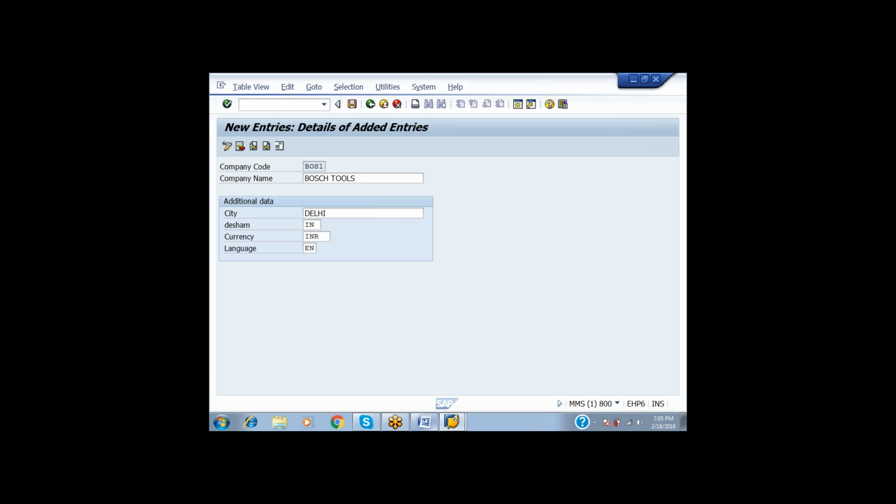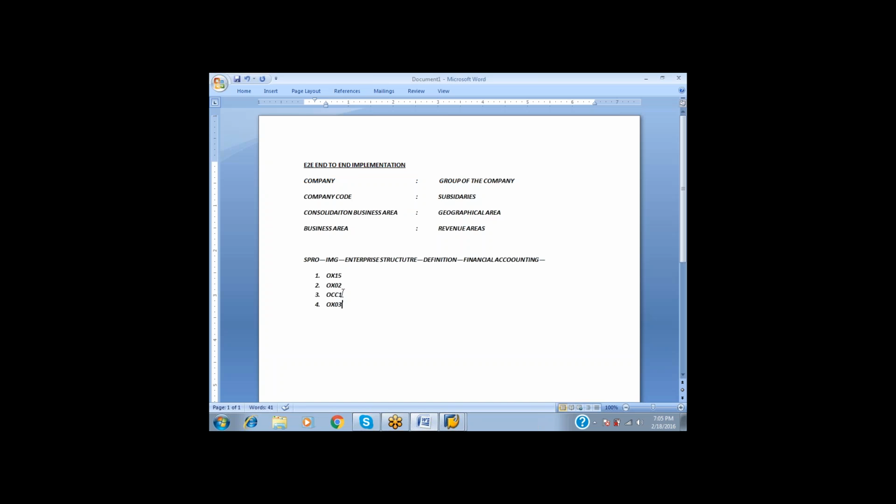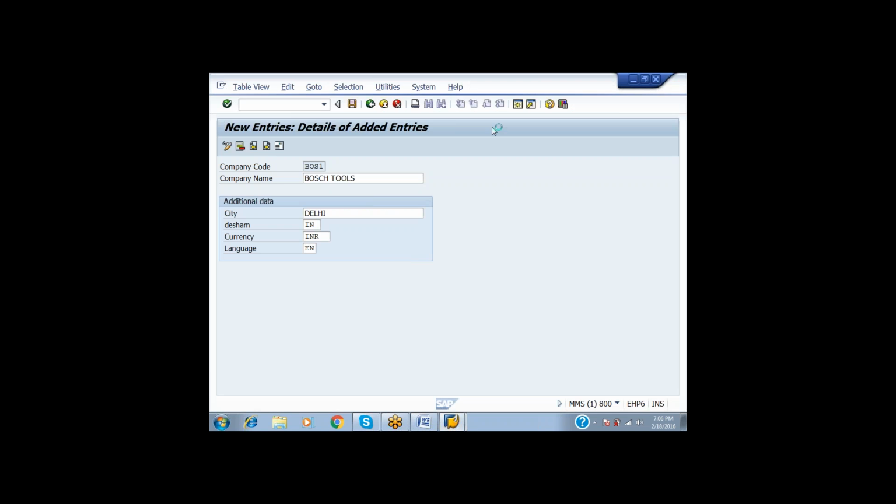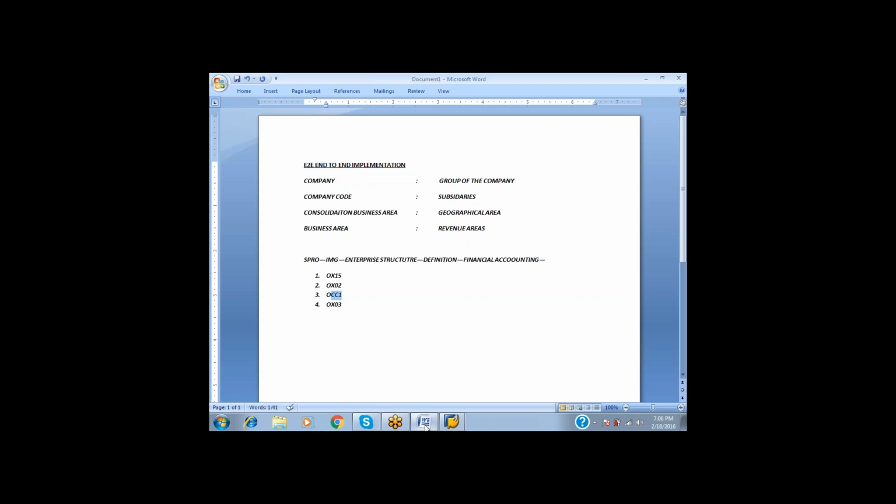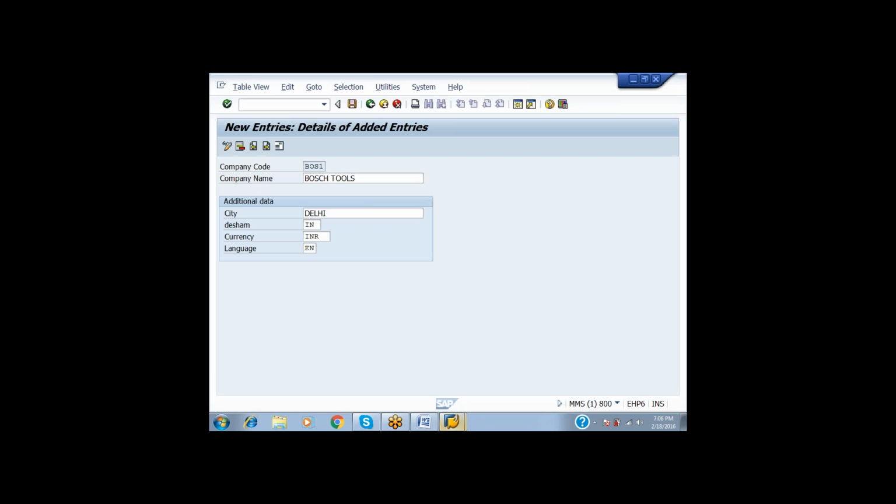Whenever you are done with the company code, the third one is the consolidation business area. For making the consolidation business area, from the same menu bar, nothing will be changed. Within the same menu bar, we have to go for maintain consolidation business area, by using OCC1.